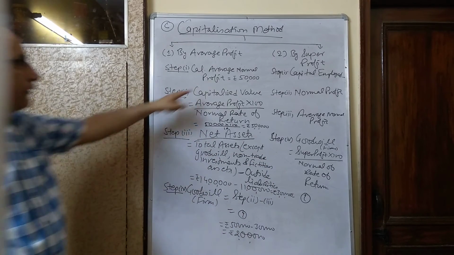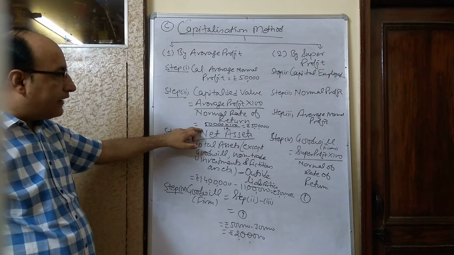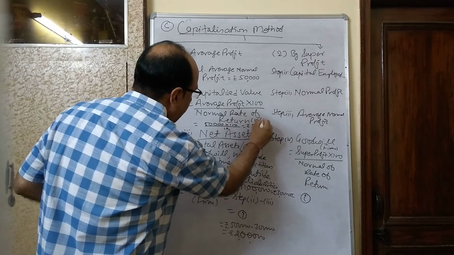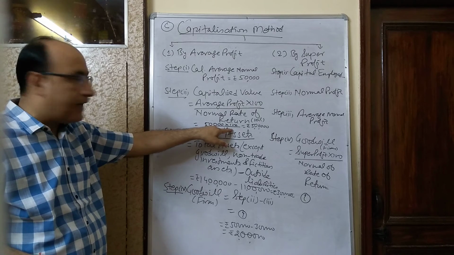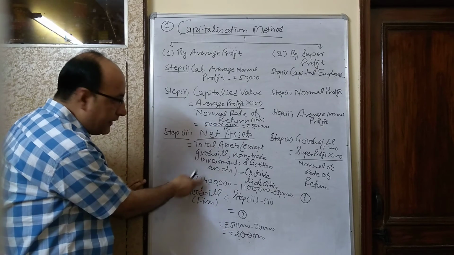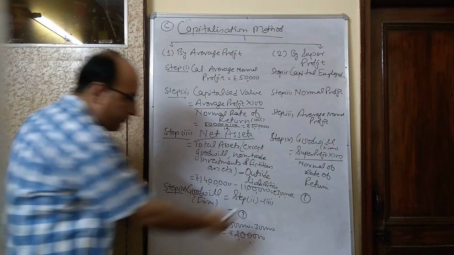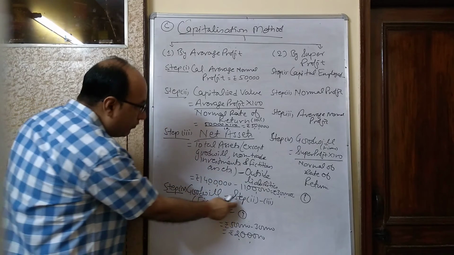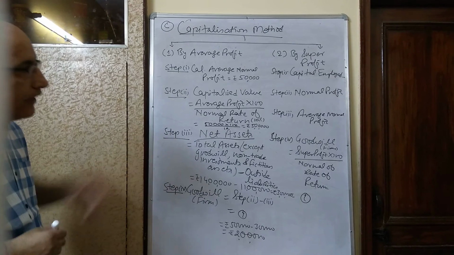I repeat, I have taken 50,000 as average normal profit, right? I capitalized this value. I assume that the rate of return is given as 10%. So now I capitalize this average profit, 50,000 into the inverse of that percentage, 10, 5 lakhs. Net assets, I had assumed given 14 lakhs excluding goodwill, net non-trade investments, and outside liabilities 11 lakhs. So now what happens? My net assets is 3 lakhs. So out of capitalized value, that is step 2 minus step 3, 3 lakh, we will get the goodwill of 2 lakh rupees. Hope so it is clear to all of you.